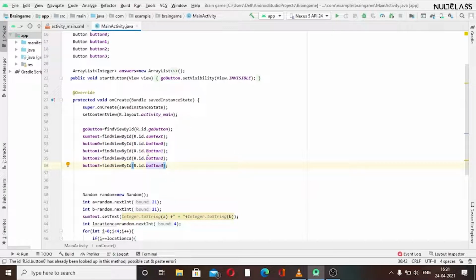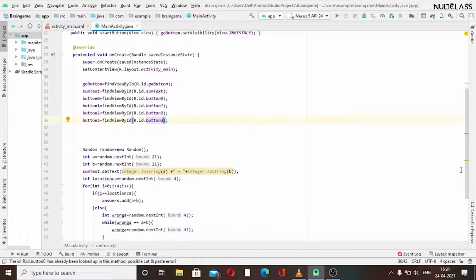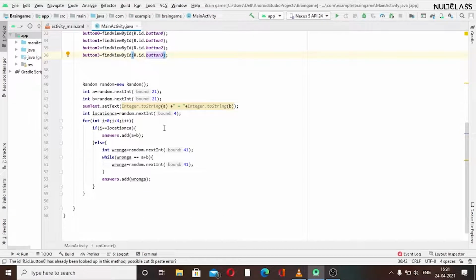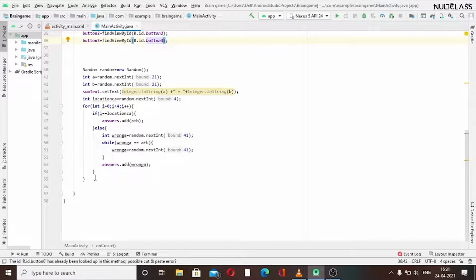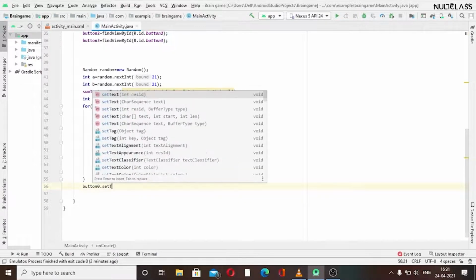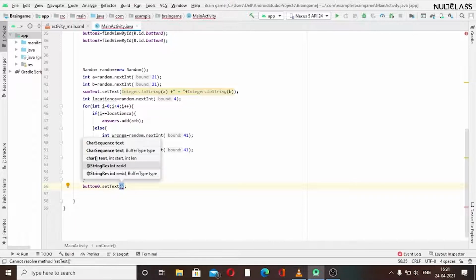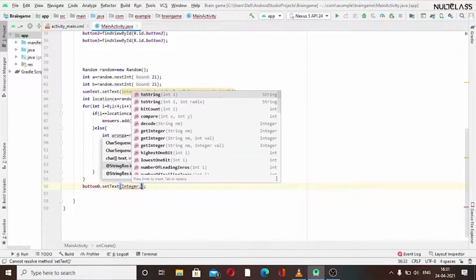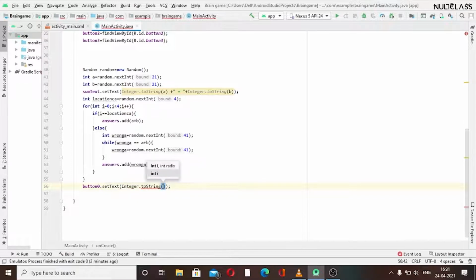Okay, so now we want to set the text, like we want to change the text of the buttons to show our answers. One correct and the other three are incorrect answers. So we can do that after this for loop, as we want to set the text. We will use button0.setText. We have a method, and inside of that we have to pass a string. But these are integers, as we know their answers, so we have to convert integer to string, and we know how to convert that by using Integer.toString. And inside of that we have to pass the correct or incorrect answers from the array list.